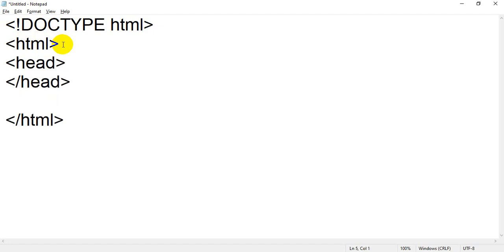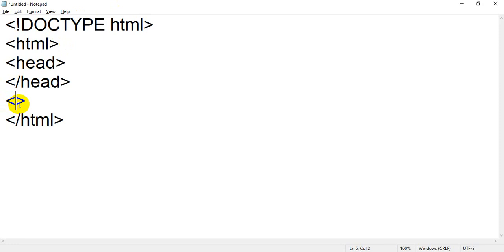Those who are new, I just want to tell you, these HTML tags are the building blocks of the HTML language. These are tags, or elements. These are certain tools. HTML, that is hypertext markup language, is a language, or you can say it's a tool. For example, take a doctor. The tools of a doctor will be injections and medicines. All these are the tools of a doctor. Without these tools a doctor cannot perform his work properly.